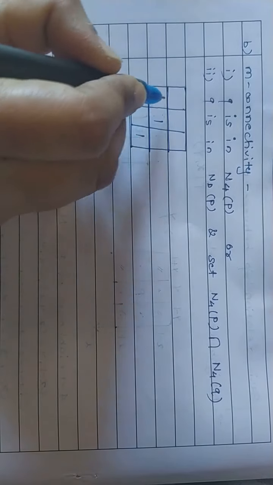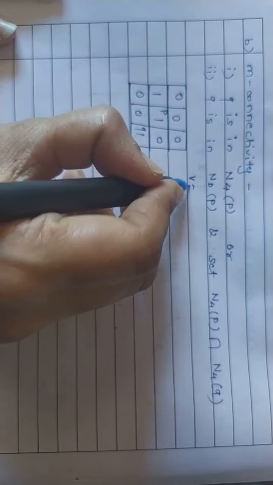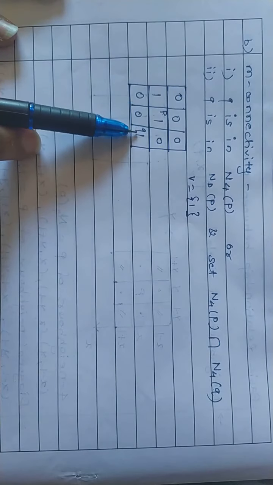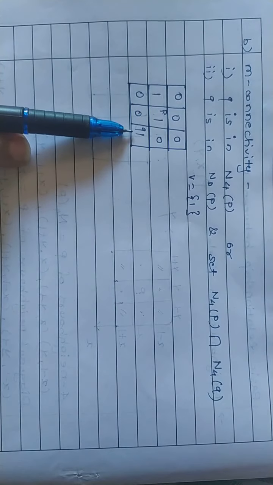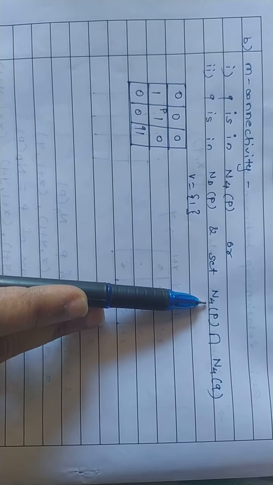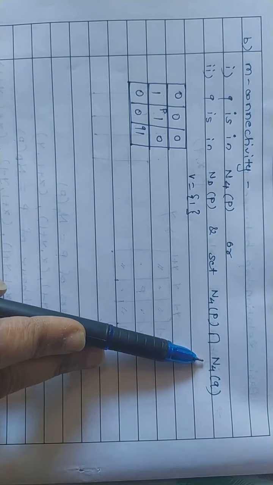Okay, for this again we can consider an example like this. This is 1 1 1 0 0 0 0 0 0. This is pixel P, this one is our pixel Q, and set V is given as 1. So first of all we have to identify whether Q is in N4(P). We observe here Q is not in N4(P). So we observe the second condition. Q is in ND(P). So Q is in ND(P), right? But along with this we also have to check whether N4(P) and N4(Q), meaning the 4 neighbors of pixel P and the 4 neighbors of pixel Q, are common or not.